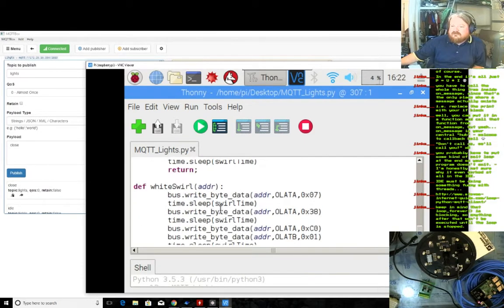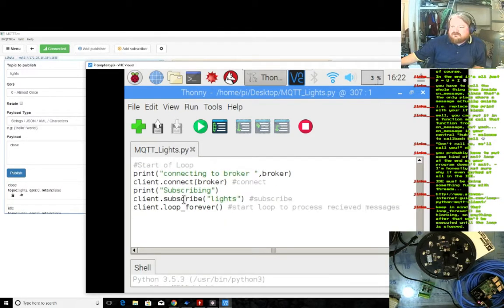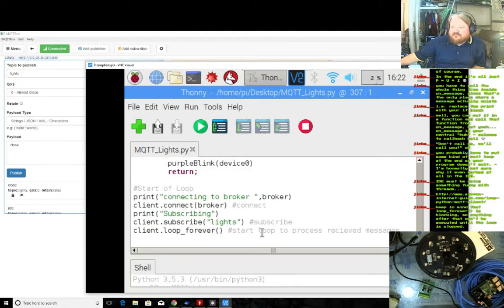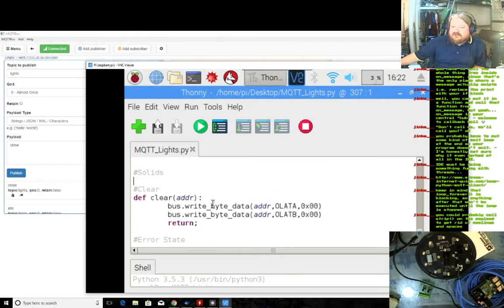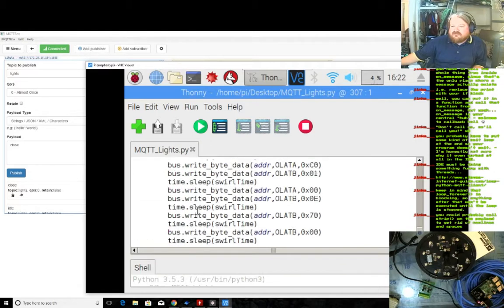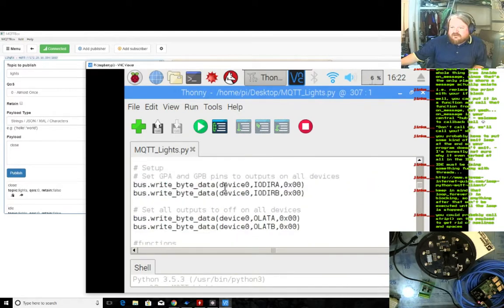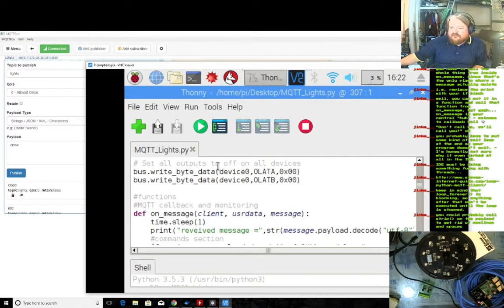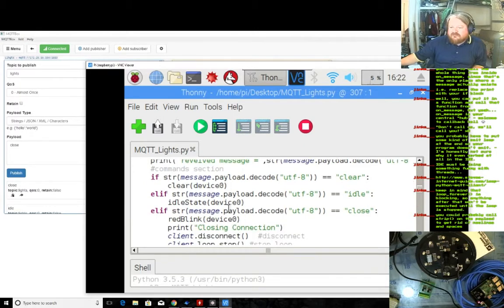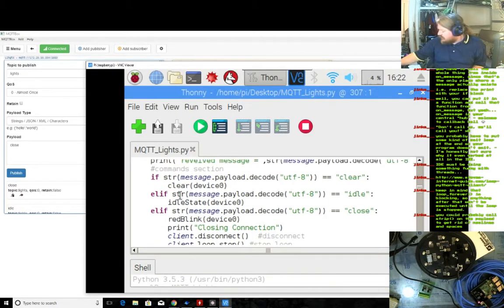Like I said, I need to work on my solids. Basically turn the lights on solid. I've got my clear, I've got my air, I've got all my swirl patterns, I've got my messages coming in, I've got my MQTT broker built. I will have to finish building out my other commands that I need, because this is all gonna be